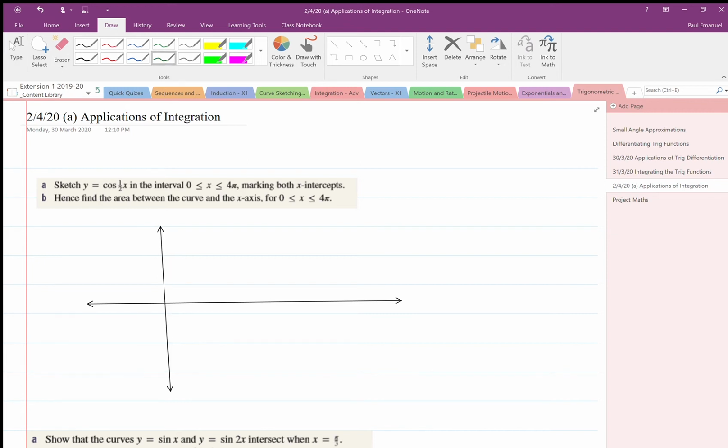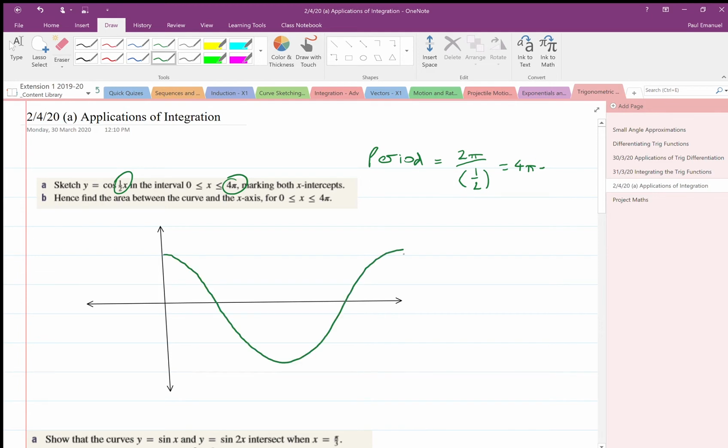Cos half x. So the half there stretches it out, and so the period is 2 pi divided by a half, which is 4 pi. So this is why they've got a 4 pi there. So cos starts at 1, so that'll just be 1